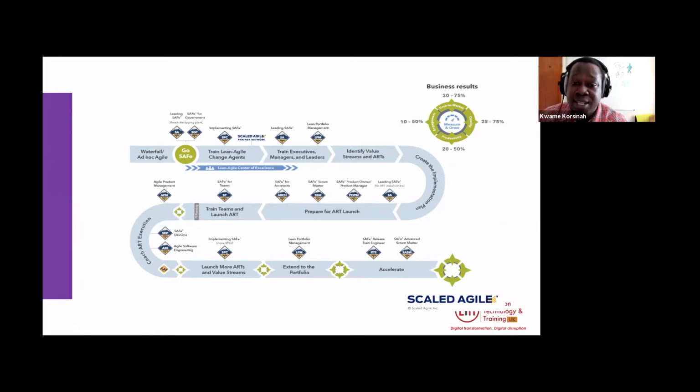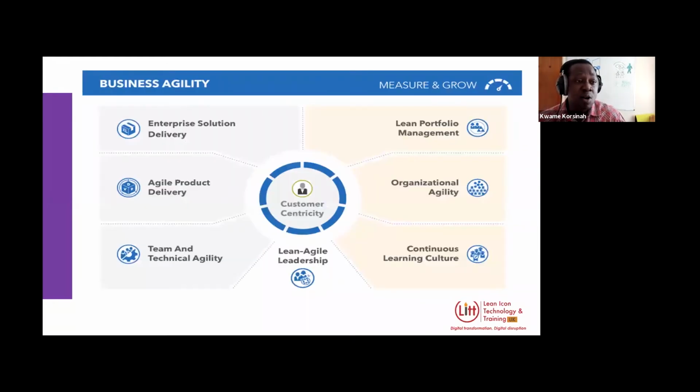And Scaled Agile recommends that we first train our leaders to understand the framework. I've done that at Fujitsu, Philips, and with a lot of consultancies, and I'll be sharing on all of those experiences. Recently introduced into the Scaled Agile Framework, which we will touch on as well, are the competencies. It's got 7 competencies, and when we've understood all 7, we would have a better understanding of what